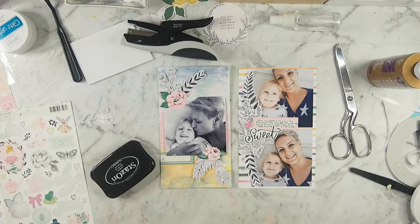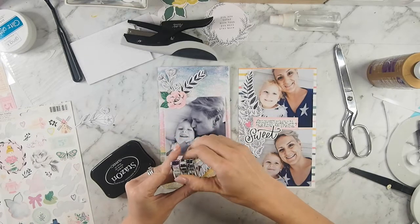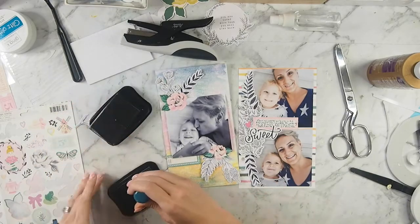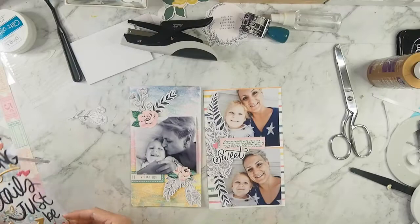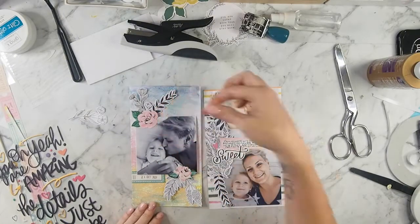I really like how this layout turned out. It's my first time working in this size, so it was a bit daunting to get my head around it, as it is when you do new sizes, but I really enjoyed working on it. And of course the papers were so beautiful that came in this kit, and all of the embellishments, they work so well together, so I love how it turned out. And with that, just adding a little love heart there,